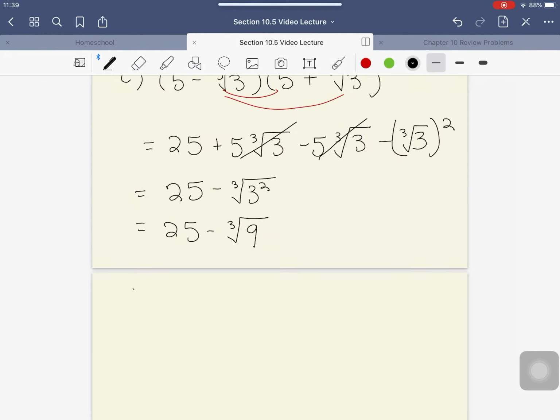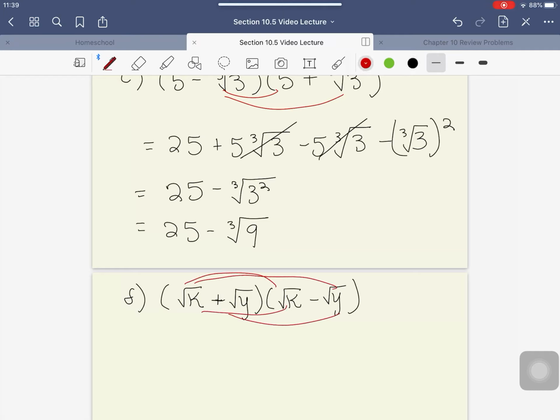All right, and then part F. We have the square root of k minus the square root of y times the square root of k. I'm sorry, this should be plus. Minus the square root of y. And then just FOIL. So first, outer, inner, last